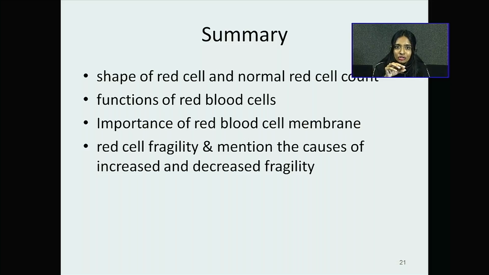Now, physiological conditions in which we will see RBCs decrease are old age and pregnancy. In old age, RBCs tend to decrease. Why? Because in old age, most of the time there can be deficiencies, like vitamin deficiency, iron deficiency, folate deficiency, or vitamin B12 deficiency, or they may be going through chemotherapy or might be on some sort of medications. So that tends to decrease the number of RBCs. Also, any bone marrow disorders tend to decrease the RBC count of the body in old age.